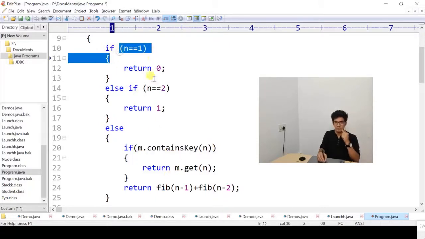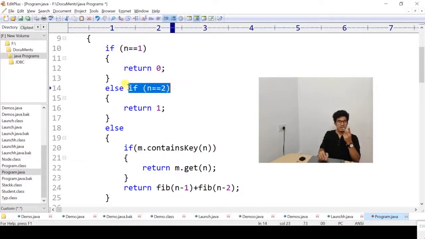Fib of 3 is there? No. Fib of 2 is there? Yes. When I am calculating fib of 2, right? Else if return 1 will happen, right? Return 1 will happen, right? Okay. Now whatever it returns,